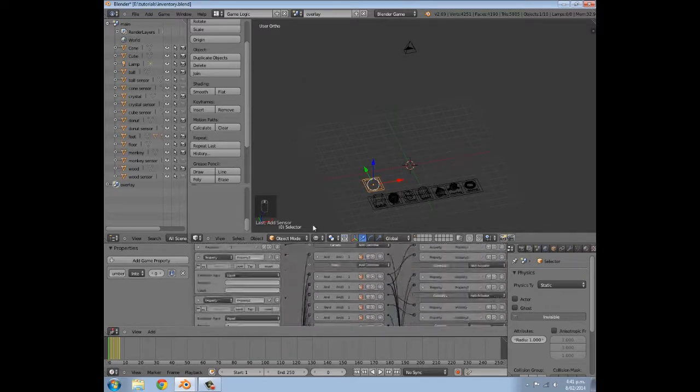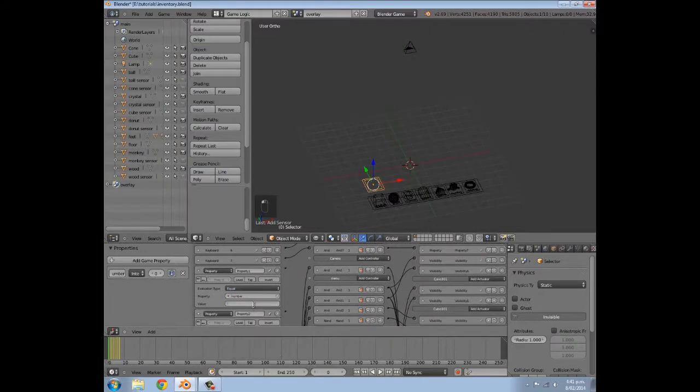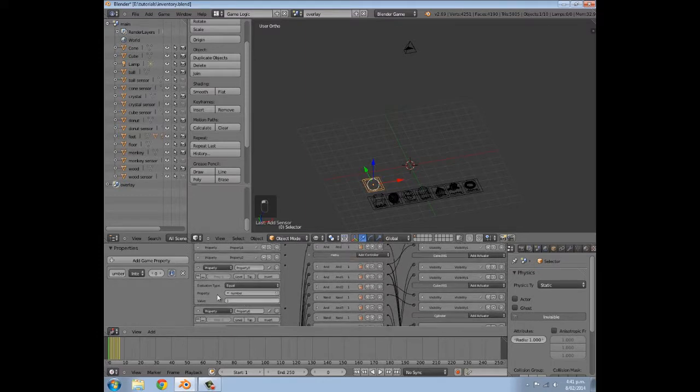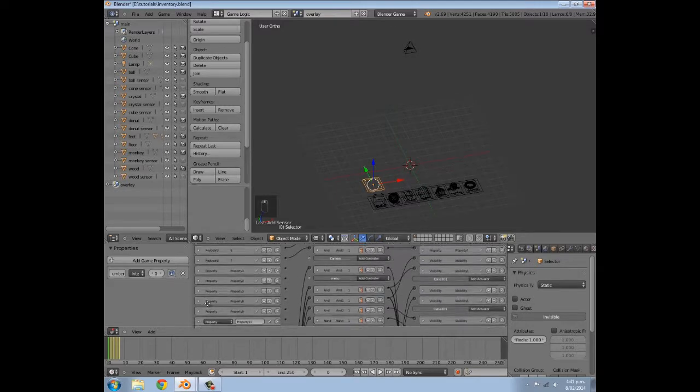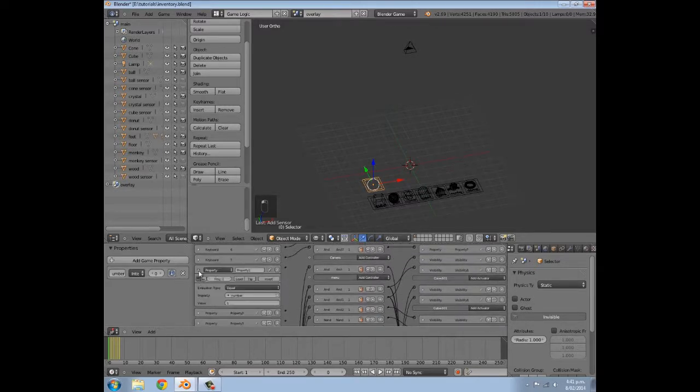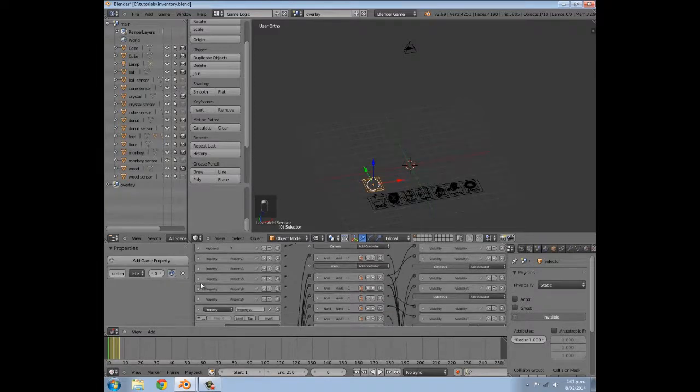Do that lots of times until we have something around 7. Then this one is going to be when number is equal to 1, when number is equal to 2, and so on until we have all of these added in. So number 4, number 5, and one more thing, make sure each of them is on true, so true pulse,